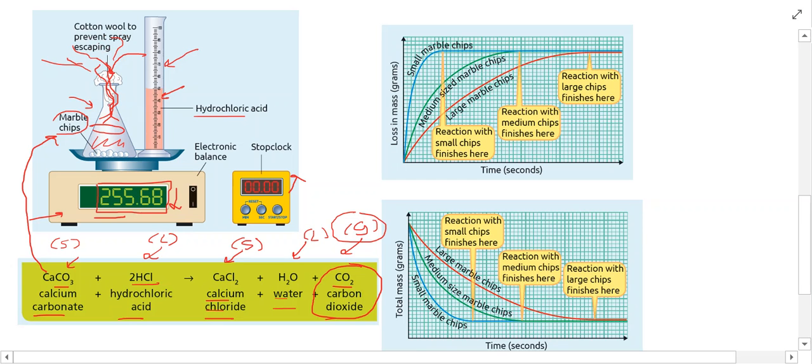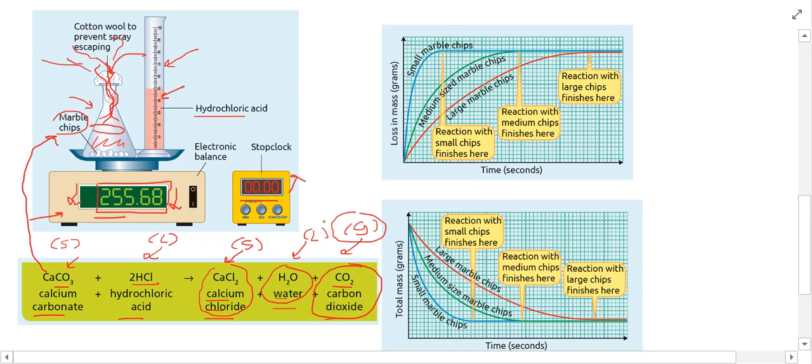The whole idea of having this in here is that we don't want spray, or we don't want to spill or lose any of the liquid, because if we do, we're going to lose some of this and some of this, and then our measurements will be inaccurate. So basically what's going to happen is you mix these two together, and then over time you set your timer and you watch as this number drops, and it'll keep dropping until it gets to a point where it won't drop anymore. And once it stops falling, the mass stops dropping, that means that this reaction has completed and you're not going to get any more